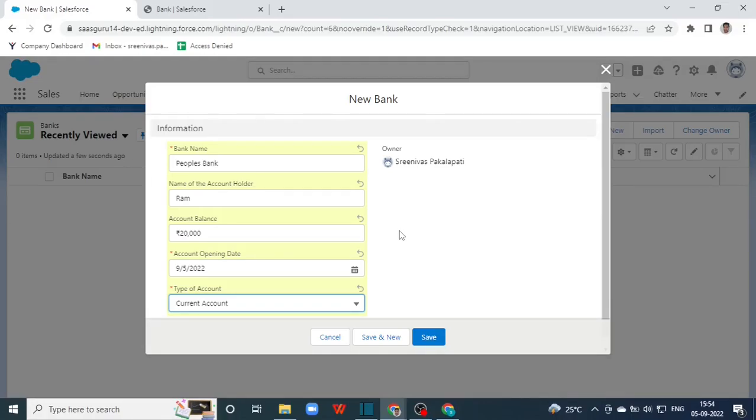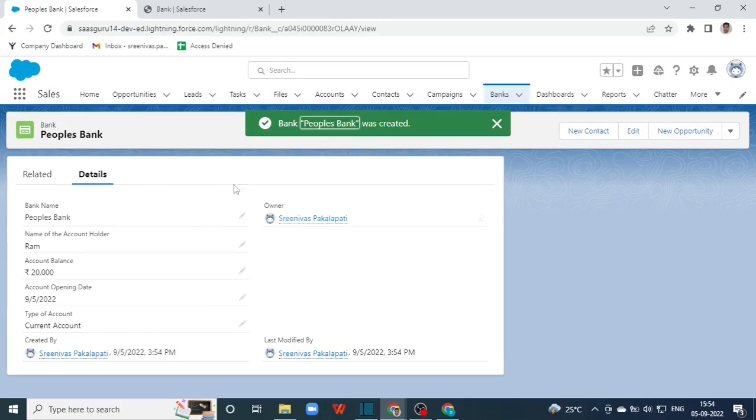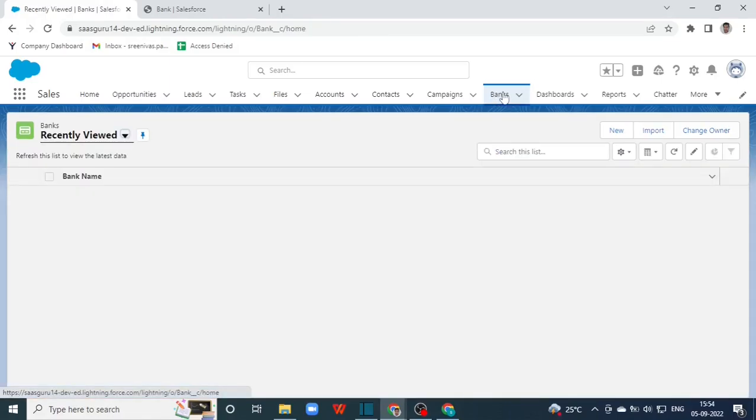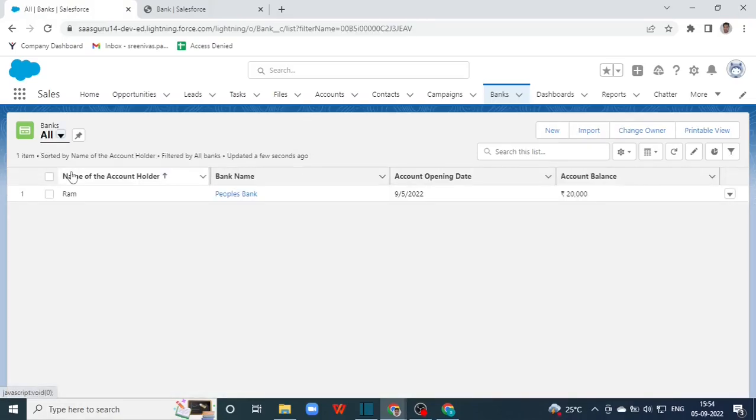Okay, let's save. This is the record that we created just now. So this is the object, these are the fields we have created, and this is the record. That is how we create objects, fields and records in Salesforce. See, name of the account holder, bank name, account opening date, account balance. Let's go ahead and create another record. Click new,